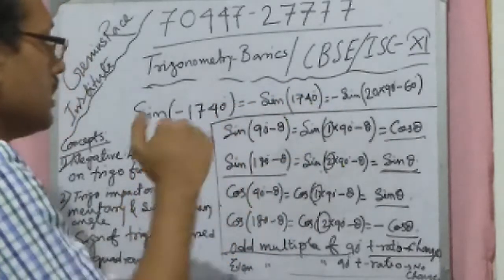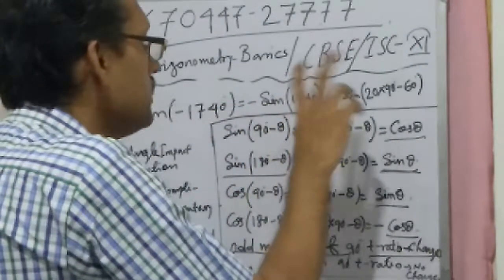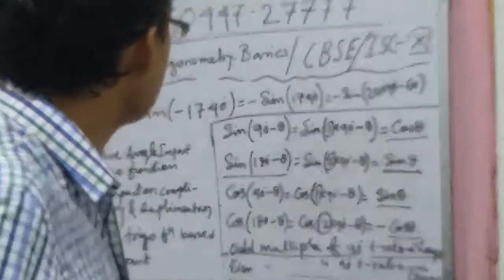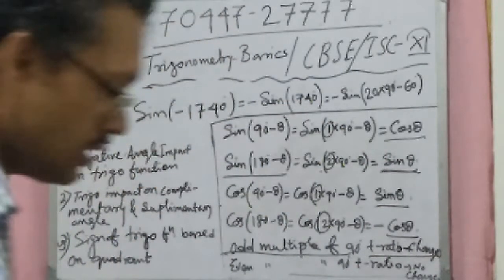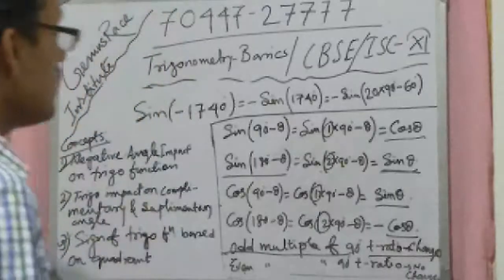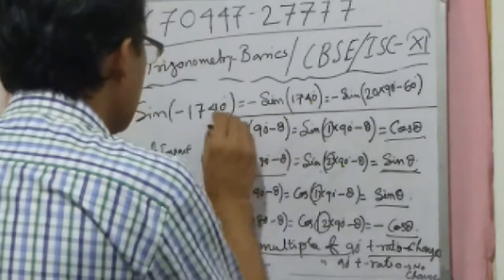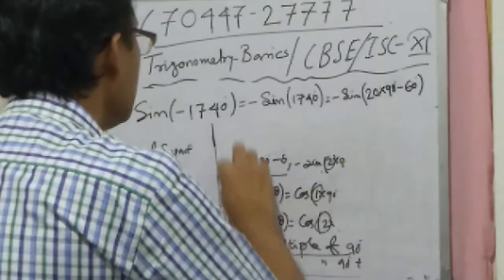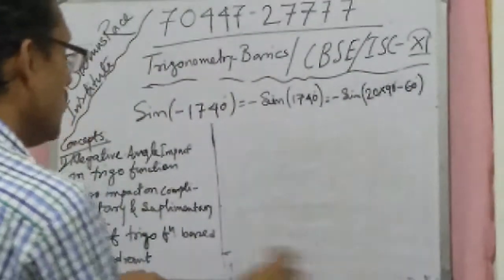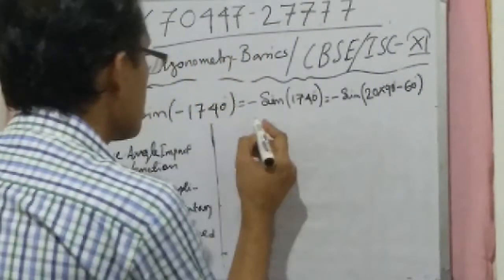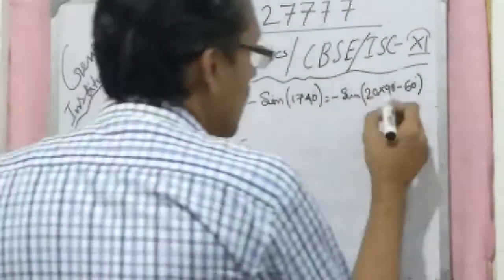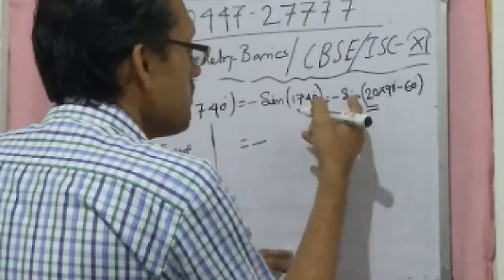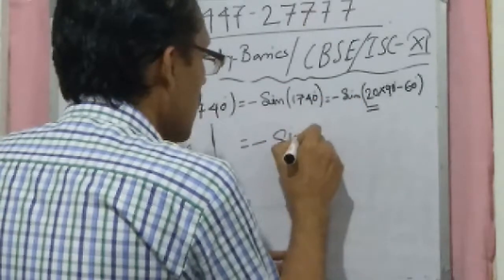We got this. Now this entire angle we are breaking, like 20 into 90 minus 60 degree, so we will give this result. Therefore, as a whole summary, since it is an even multiple of 90, the trigo ratio won't change, it will be minus, earlier, sine of